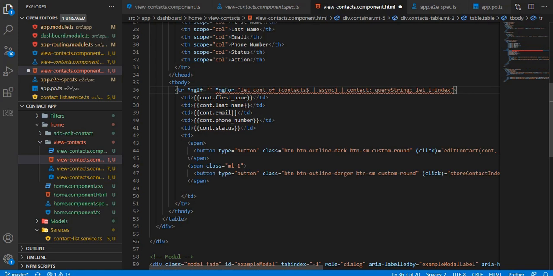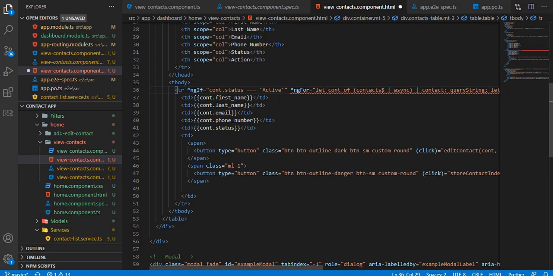So we have added an ng-if, and now let's see if const dot status is active, and the table should filter it out automatically.